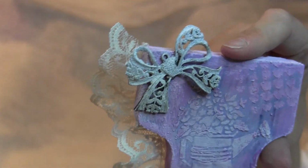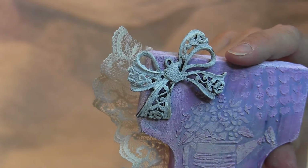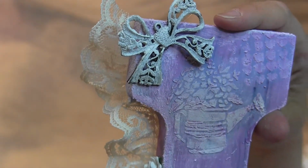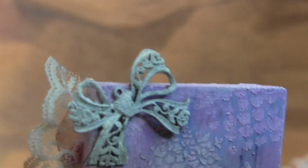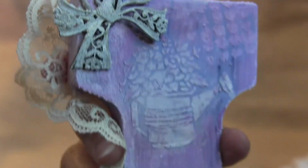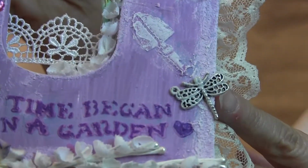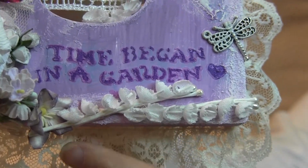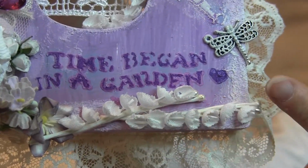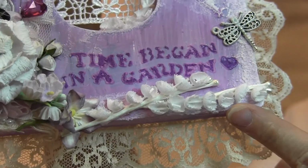And then on the top here we have this bow, and this is a metal piece that was originally a very dark metal piece, and I painted it with some of that sand paint because I wanted to give it some texture, along with this dragonfly down here. And then these flowers here are flowers that I got from my sister-in-law,